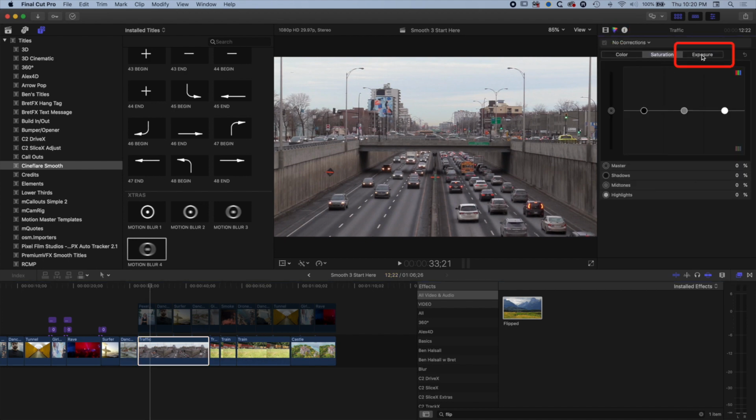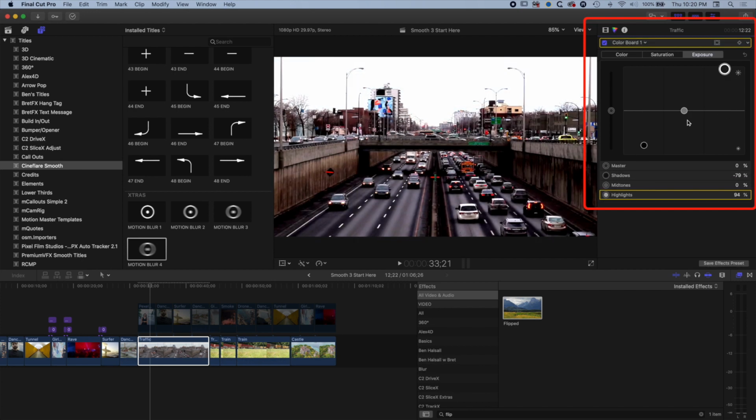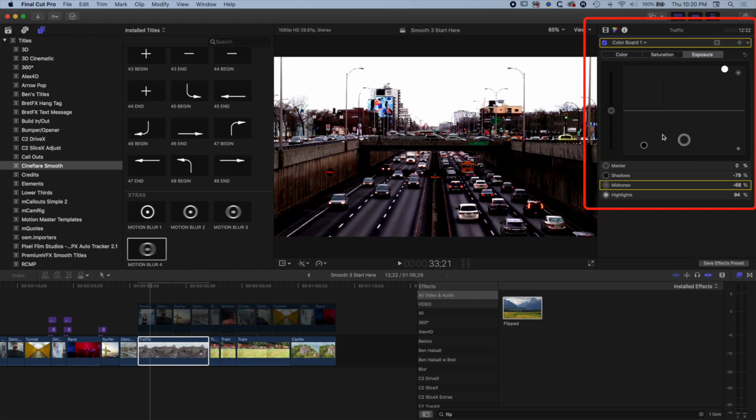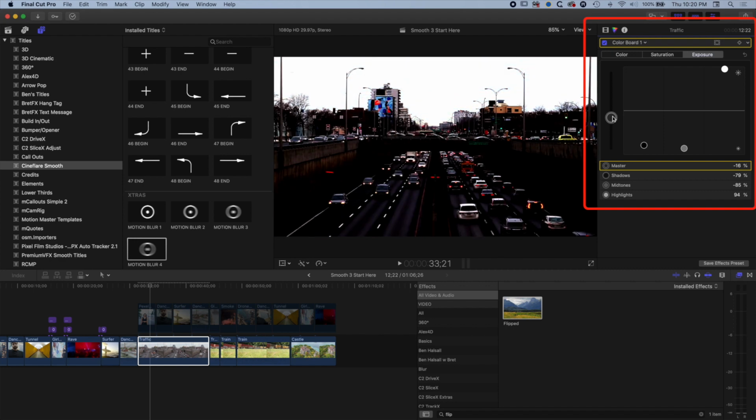Basically here we're going to go to the exposure tab under the color correction for this color board and drop down our blacks, increase our whites, and we're just trying to get a real sharp contrast for this particular image. So somewhere around here will be good. So a nice super contrasty image, and then we'll also drop down the saturation of that image as well. So we've got a complete black and white image there, and we can play around with the exposure a bit more,